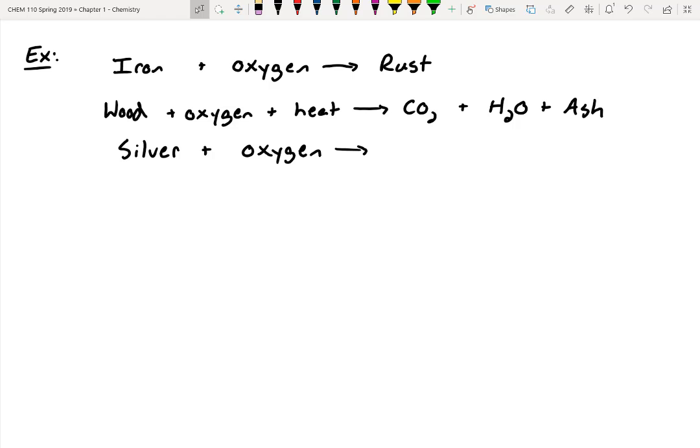So silver forms something similar to rust. It's called tarnish. So you get this kind of blue-gray luster on the outside. It makes it a lot less pretty, and so you have to sit there and clean off that tarnish. It's one reason that gold is worth a heck of a lot more than silver. Gold, like I said, is inert, where silver will actually react with oxygen. So we do have to clean our silverware.